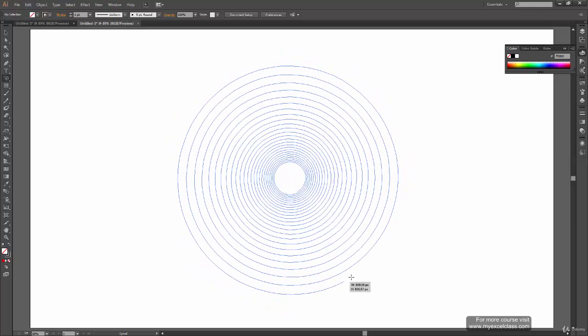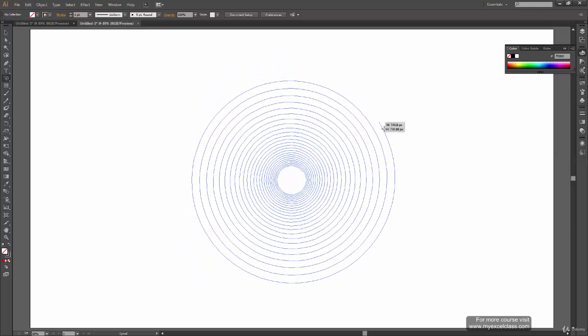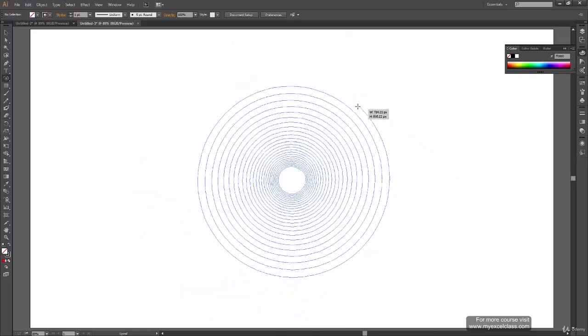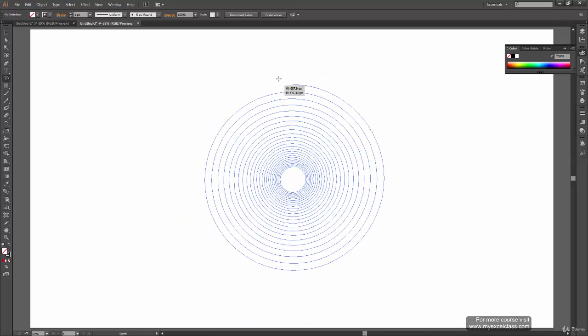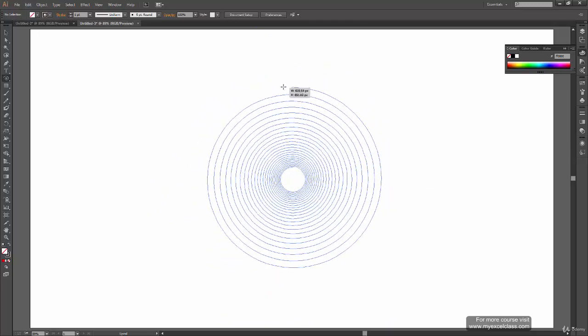Otherwise, when I release the shift key, I can just go and rotate the spiral. But when I hold shift, it only snaps to a horizontal, 45-degree or vertical axis. Alright, so let's press shift and release it at a vertical axis.